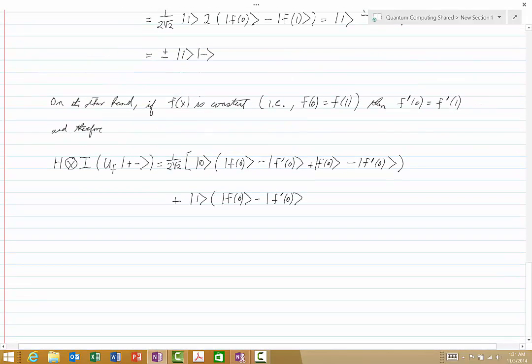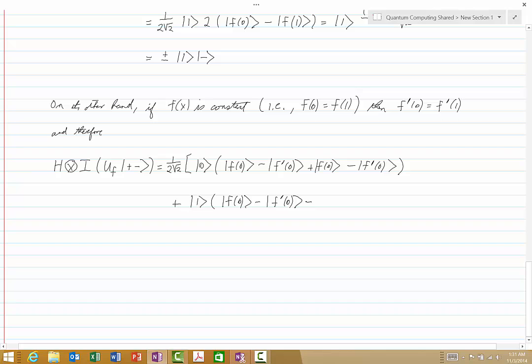So if we do that down here, then we get minus f of 0 plus f prime of 0. And now, if we look at that carefully, we see that this time, everything in the second set of parentheses goes away. Here we have positive f of 0, negative f of 0, negative f prime of 0, positive f prime of 0. And so we would be left with 1 over 2 times the square root of 2, 0,